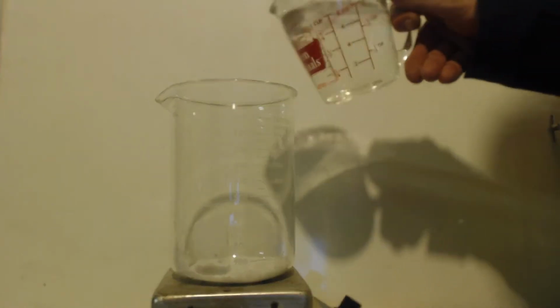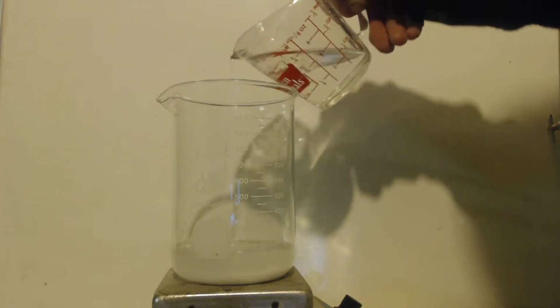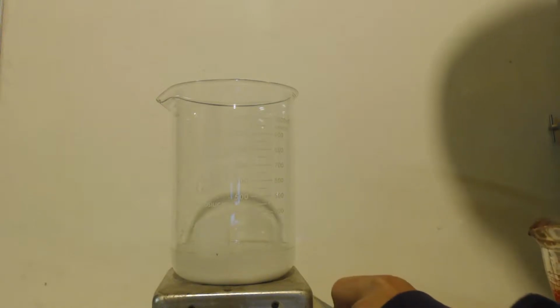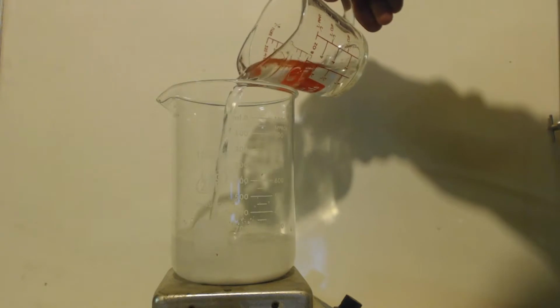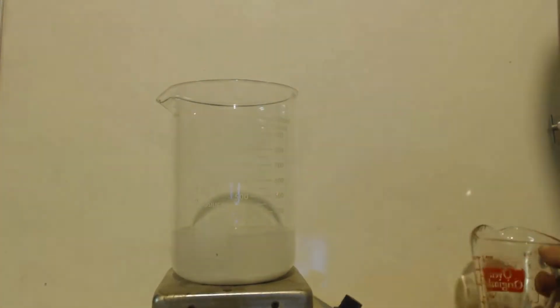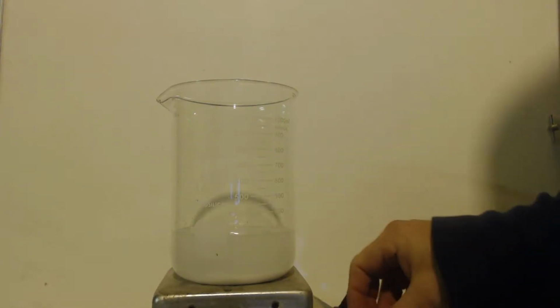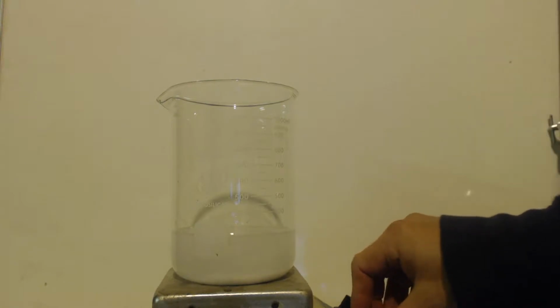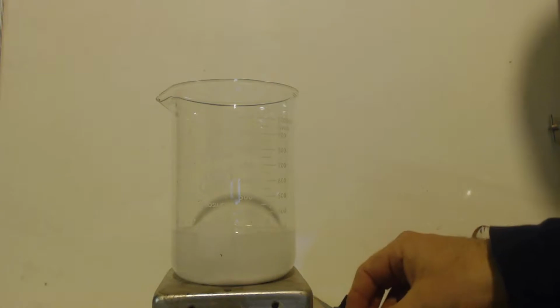Alright, I got 39 grams of sodium hydroxide in there, and I got 250 milliliters of water. You know what happens when you put them together, it heats up. It's exothermic. So hopefully I won't even have to heat it, because this heater doesn't work. It only works as a stir, because I got a stir bar in there. So we're just going to stir that up, hoping that heats up,